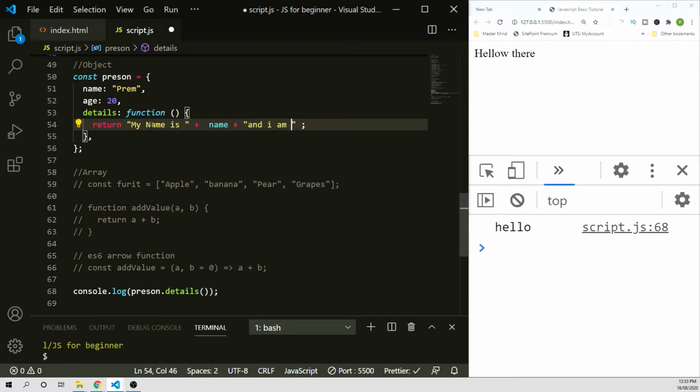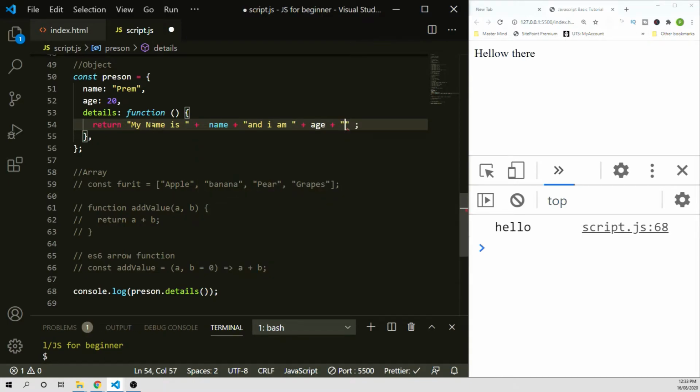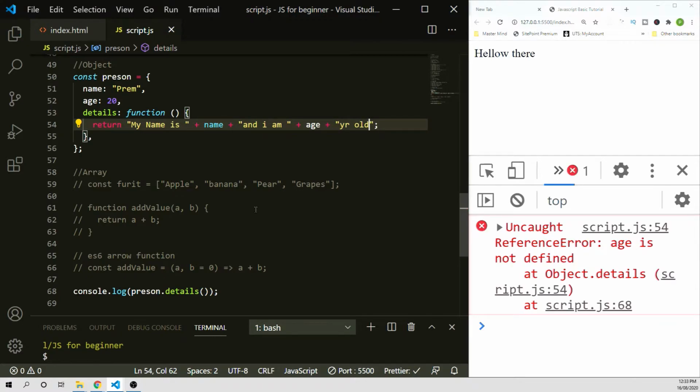And I am, plus years old. If you save it, name, okay, you cannot access name directly, so you need to use this